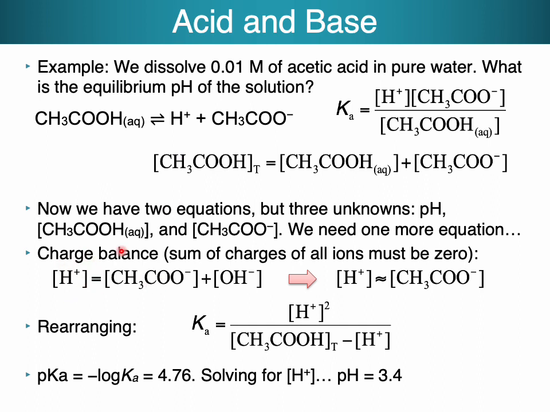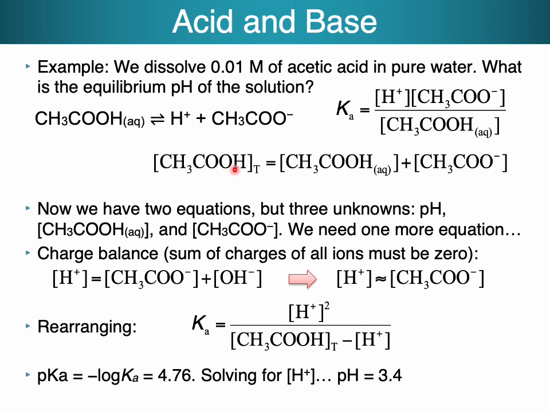So supposedly there should be a lot more proton than hydroxide ions. Here we make an assumption that this is so small that it can be ignored compared to this. So the proton concentration would be roughly equal to the concentration of the acetate. If you substitute this into this here and then work out all of them, all right, so here